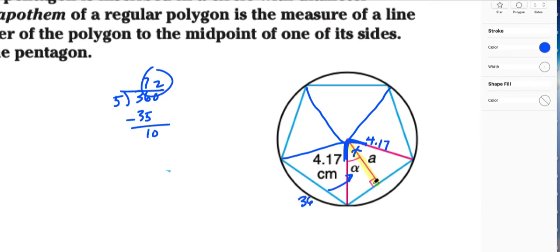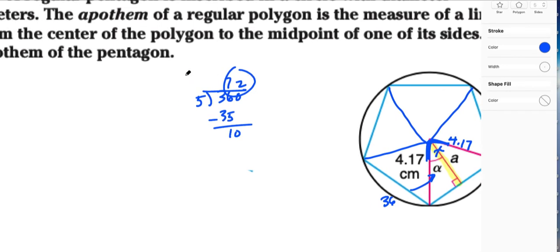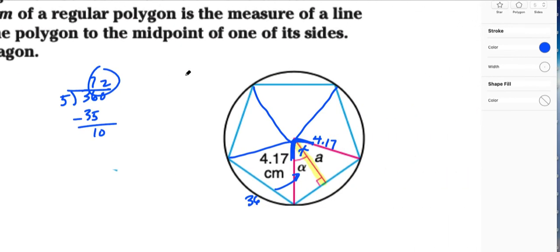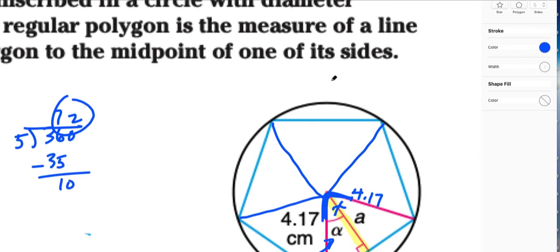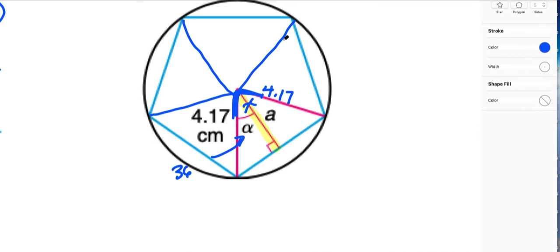Make sense? Now that I know that's 36, maybe I can get some more information, or do I need more? They asked me to find the apothem. That's why I highlighted it, so I can remember. I guess we don't need any more information; we have enough to do it. So I'm going to scooch in a little bit more. If this is 36 degrees,